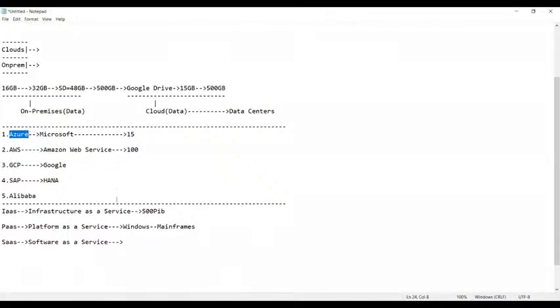Getting my point? Simply, we need to pay the cost. Cost is mandatory, so you have to pay for that. And this billing will be done on a monthly, hourly, weekly or daily basis, based on your comfort. So that means if you pay more, you get more services. If you pay less, you will get the basic services. That's the only concept.